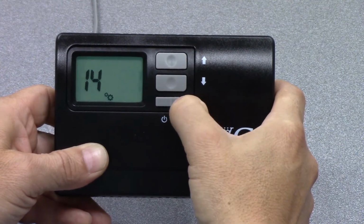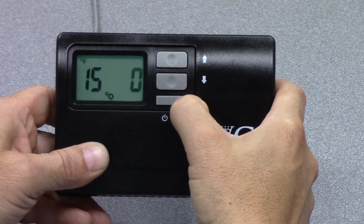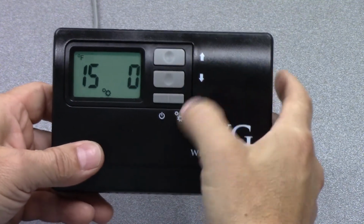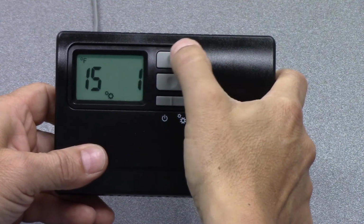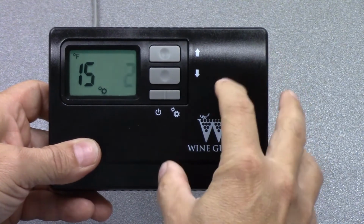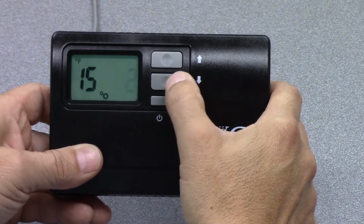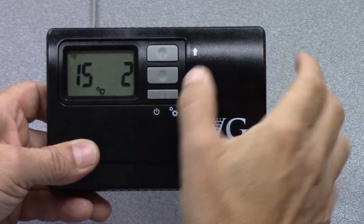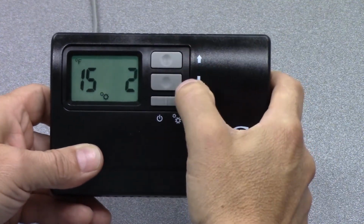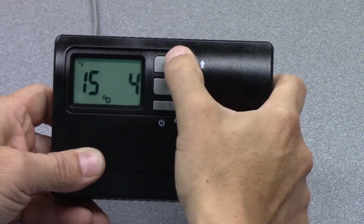So we'll hit the mode button again. This takes us to setting 15. This is the room sensor calibration. So our device allows you to calibrate the sensor that's in this device. Say for instance you had another device in your wine cellar that may be reading 2 degrees warmer or colder than our thermostat. You can make these two devices read the same by adjusting setting 15,